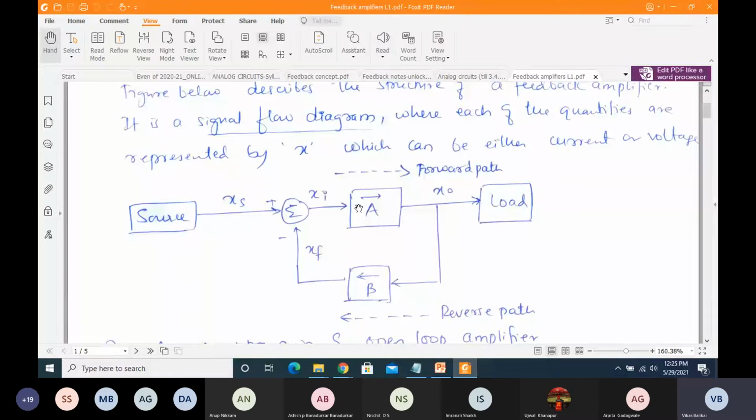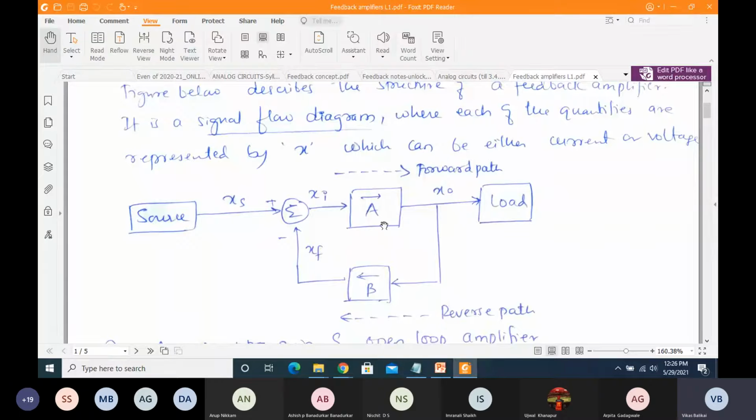When I talk about input, your first question should be whether the input is with respect to the device you are using or the entire circuit. For this entire circuit, for this entire setup, the input is XS, whereas for this amplifier the input is XI, because I am going to consider that input which is about to enter the op amp, or about to enter any amplifier for that matter.